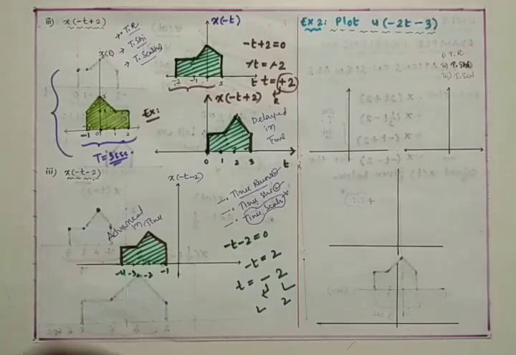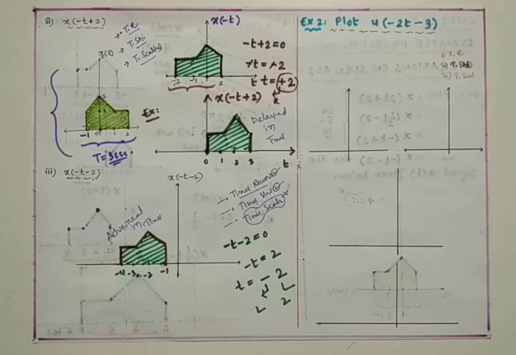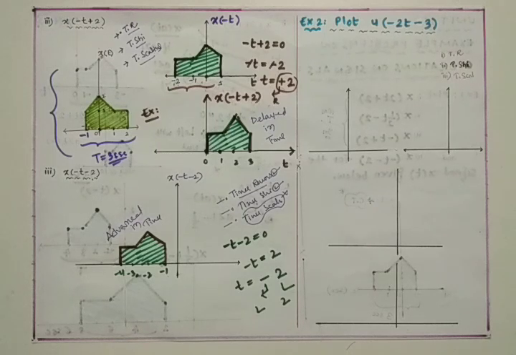Dear students, with the discussion of one more example, I am going to close this topic on operations on the various signals. We can plot many signals if you are good at the three operations on signals: time reversal, time shifting and time scaling. If you are good at these, you can easily plot a signal with any level of complexity.